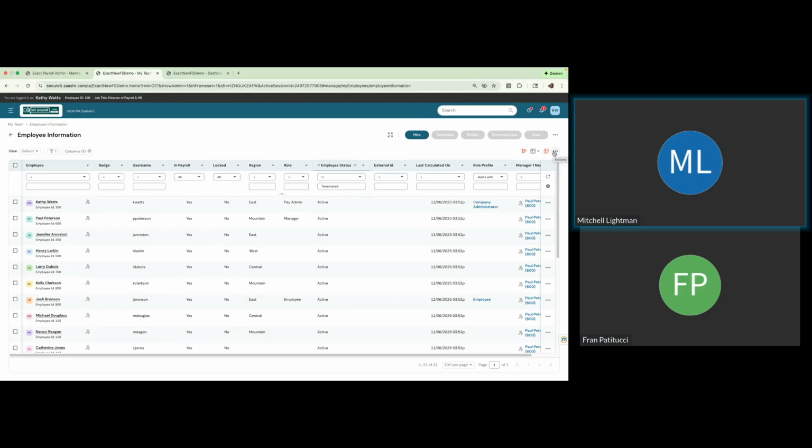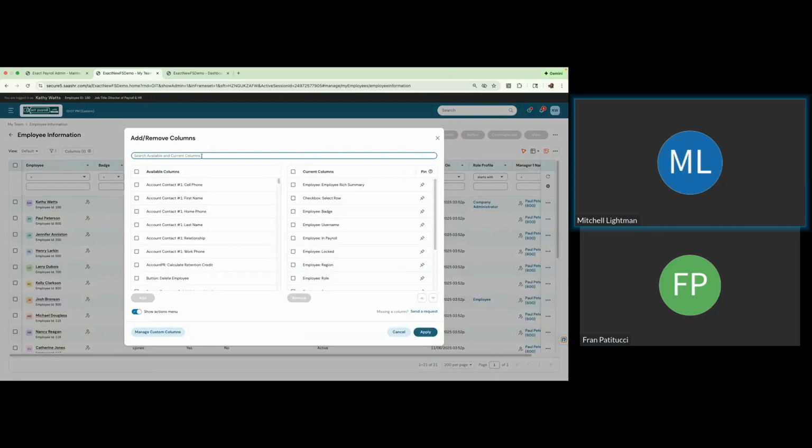So one of the things that can be done here is if I use the three dots on the right, there's an option that says add remove columns. So this is really how you would get into these reports and change the report based on what you want to see, and then we'll show you how to save the report. So what I thought I would do is just create a report with employee birth dates and employee phone numbers, just for an example. So if I go in here, I go to add remove columns, and I will get